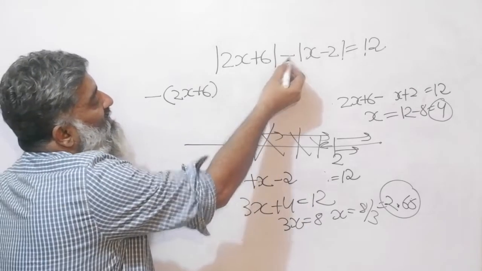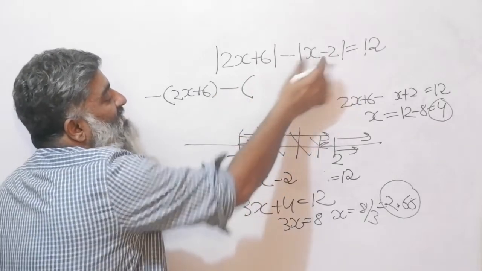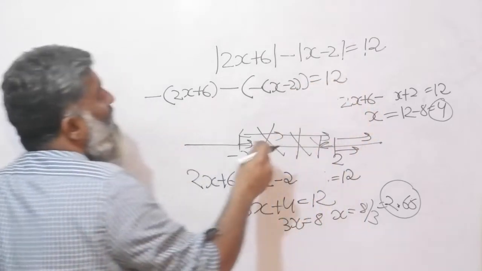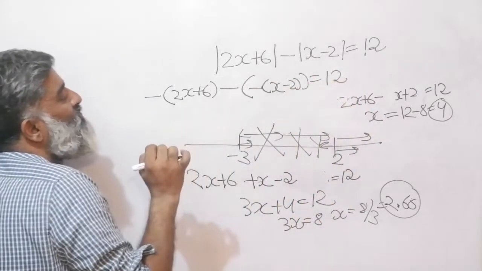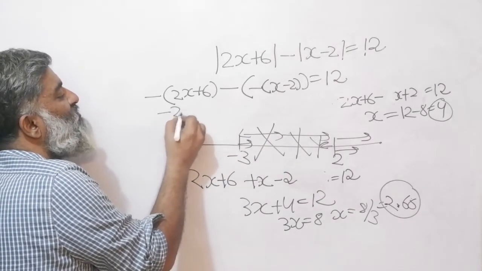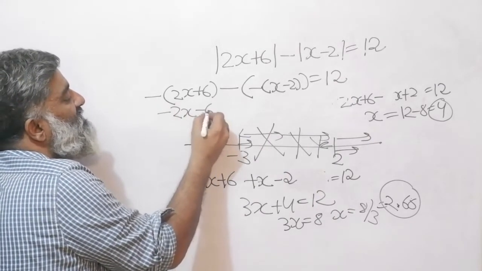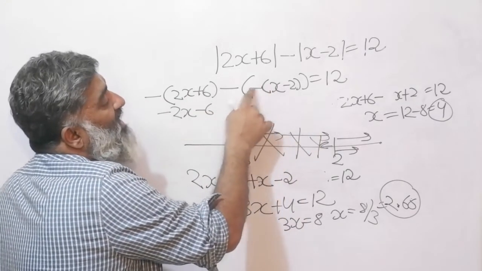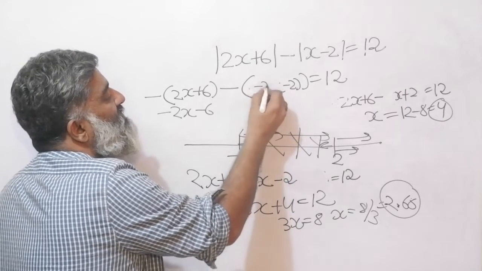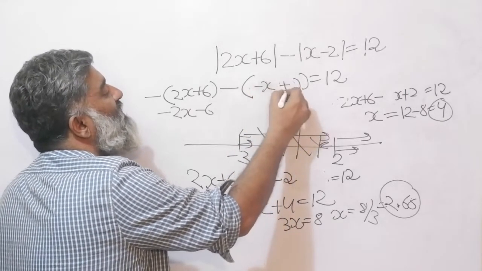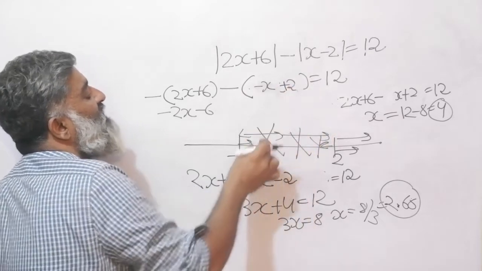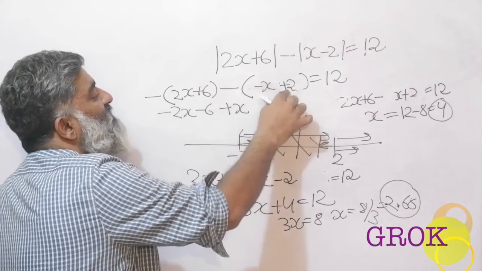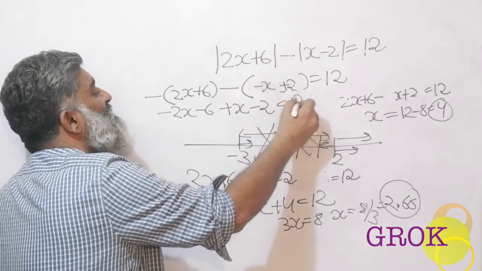So minus of this, minus the way it is, and a minus of this also. So mod of minus x minus 2, this is equal to 12. So bracket like so, and this is equal to 12. Now start opening step by step. Minus of 2x minus 6, minus into a plus 6 will give you a minus 6, right? First work out the bracket inside. Minus into an x will give me a minus x, and a minus into a minus 2 will give you a plus 2. And that's your simplified situation. Now a minus into a minus will give you a plus x, and a minus into a plus 2 will give you a minus 2, and the total is equal to 12.